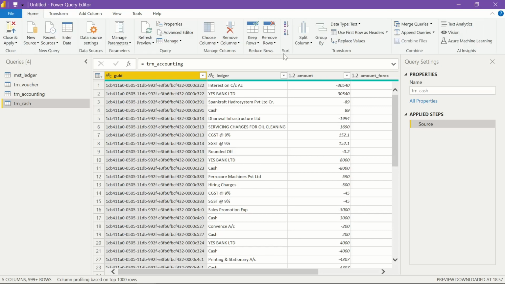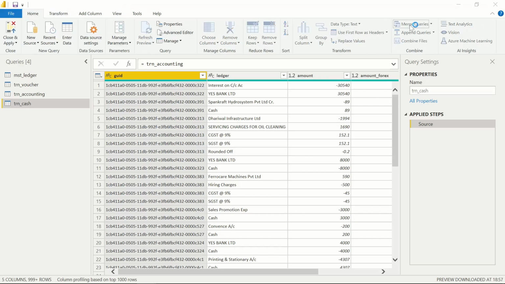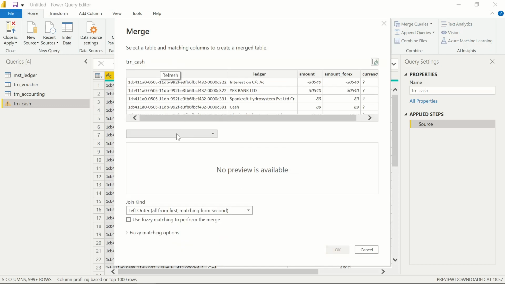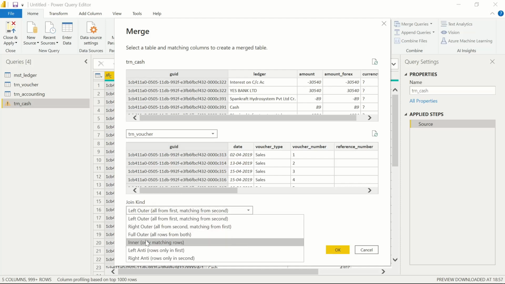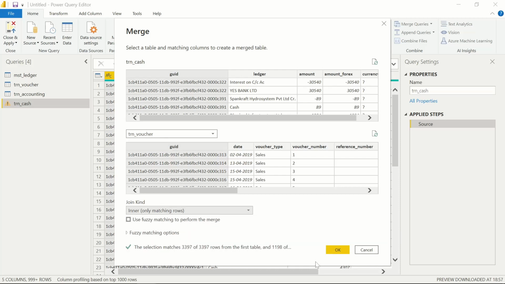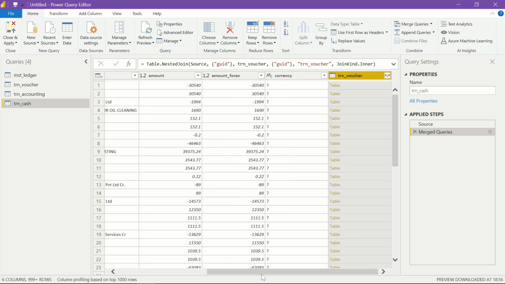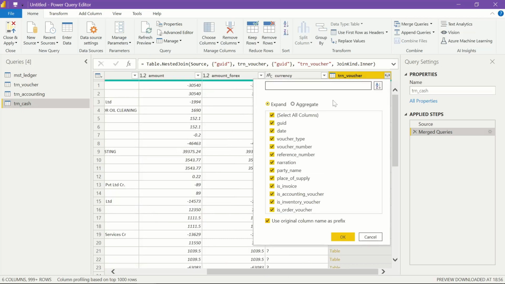Okay, home, and you have to click merge queries. Merge it with voucher table, and GUID should be the connecting field. Inner join, that is all the matching rows, and let us keep only a few fields. So I am just interested in date, voucher type, voucher number, and if it is an accounting voucher or not.